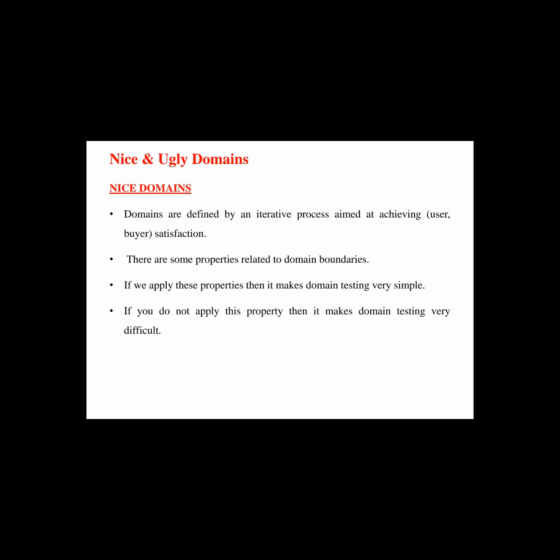When I mention the domain closure diagram, remember that in the last class I explained domain closure. I already mentioned two points, called the minimum point and the maximum point. These closures can be open at one end, closed at one end, or both open. These are the different domain closures that we have seen in the last class. Those points are represented according to the range of that particular domain. For example, for domain X, the minimum point is 1 and the maximum point is 5. That is called a domain.